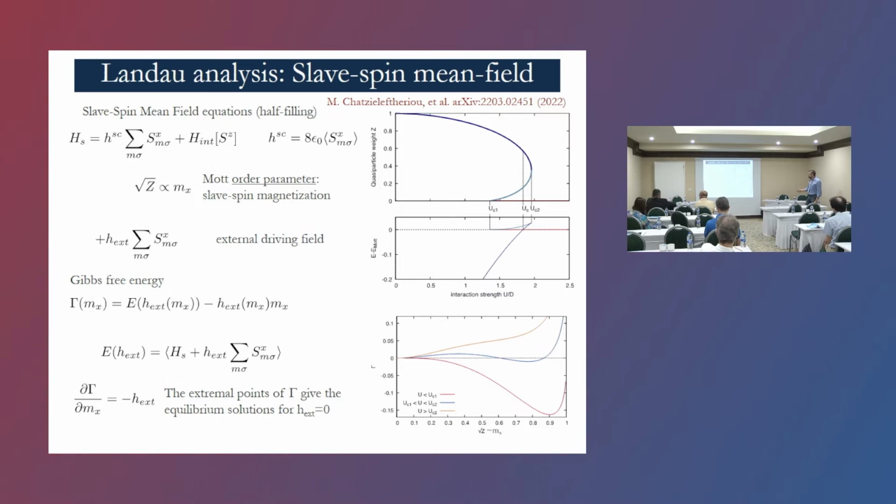When you go to large U, you get this golden curve here. So the minimum is at zero. This is the insulator, the Mott insulator. And then in the middle, you have this characteristic two-minimum shape, which indeed makes the transition first order. So that when these two minima cross in energy, you jump from a metal to an insulator.